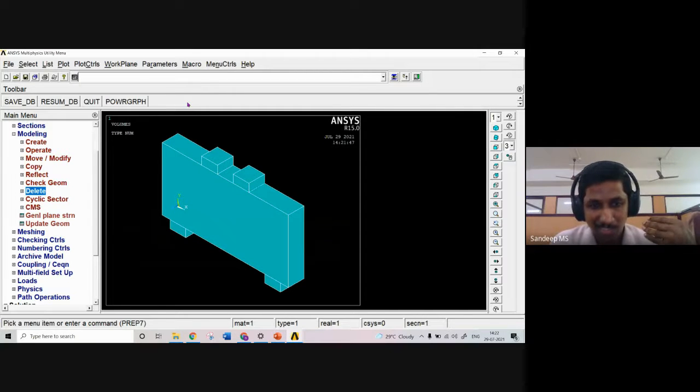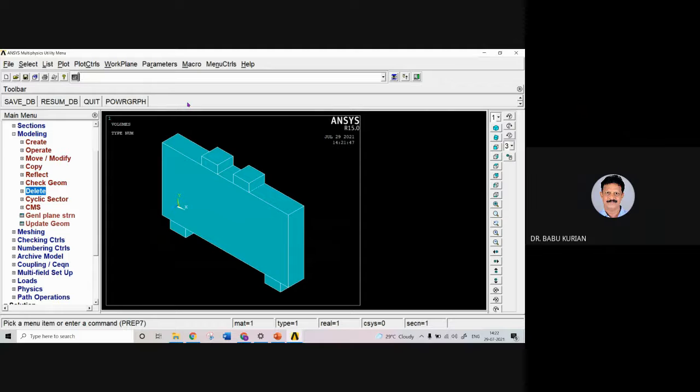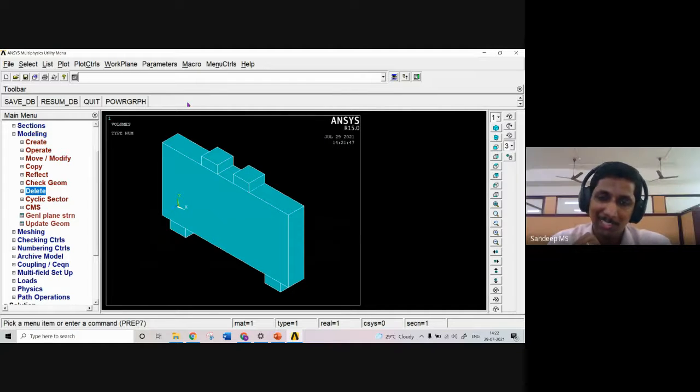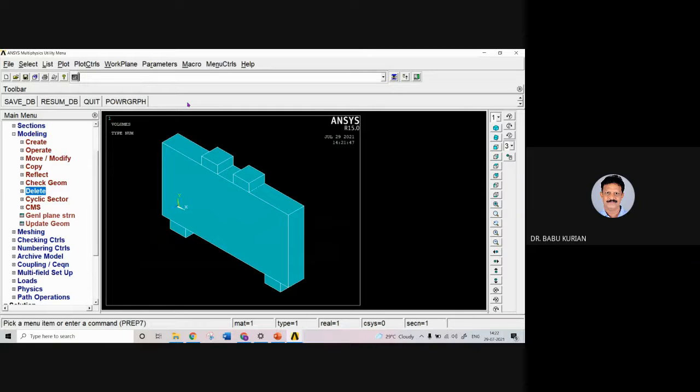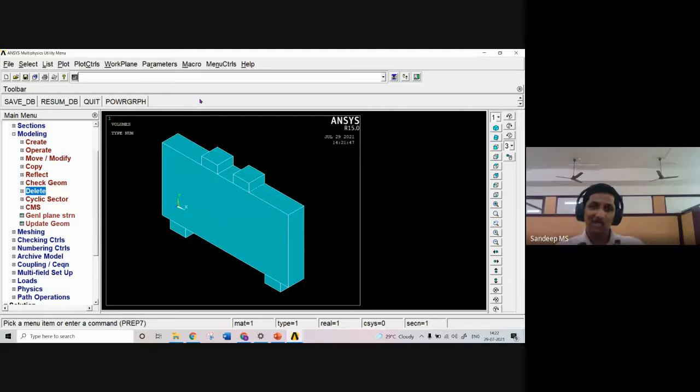But in the case of Workbench, again, we have an advantage. Sometimes, if we conduct the analysis without deleting those key points, Workbench will perform the analysis, but the final result will be influenced by the presence of that key point.